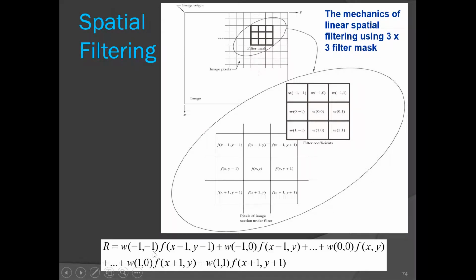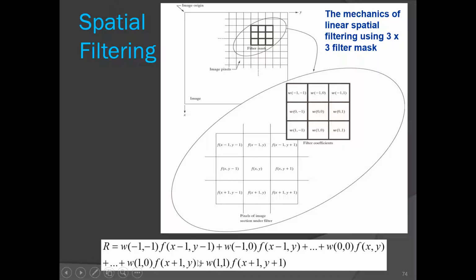So w(-1,-1) will be multiplied with f(x-1,y-1), plus the second element of the filter is multiplied with the second element of the image, and so on.